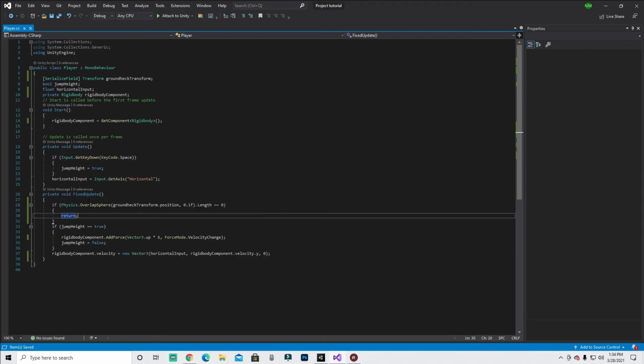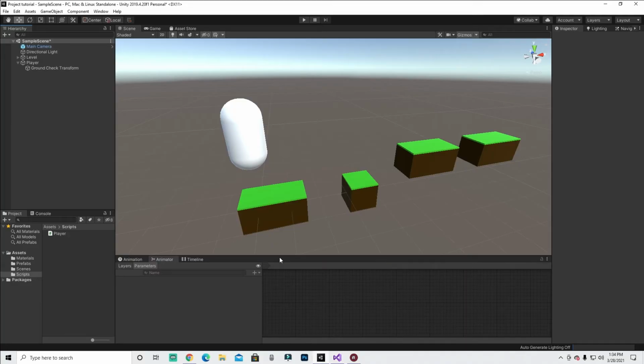So what this big line of code that I just made in fixed update says is, in the physics engine with a sphere, we're going to create a sphere at the ground check transform's position, and it's going to be 0.1 of a unit big, and it's going to check, and look at the 0. So if it's touching 0 things, then it's going to return, right? So let's go try that out. So if we click play,